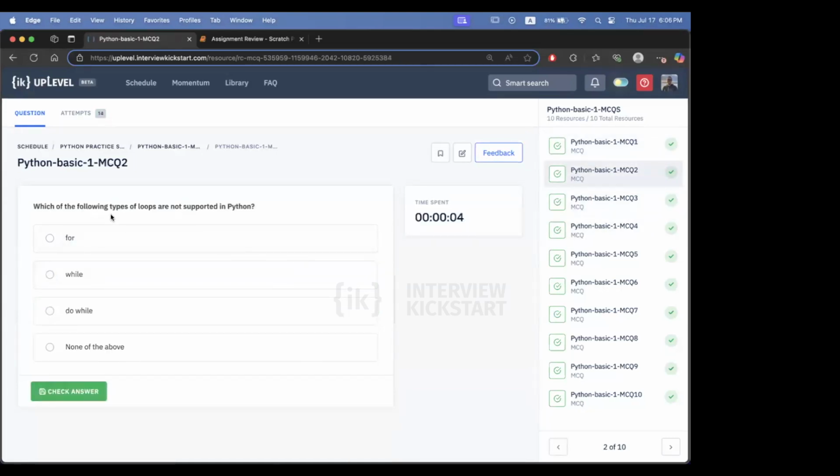So the next question is, which of the following types of loops are not supported in Python? We learned about for loops and while loops in the class. A for loop is used to iterate through a sequence of items. We know the number of these items, so we have a finite number of elements to iterate through. At each iteration, we perform some logic or procedure, and then we get out of the loop when the sequence is finished, unless we want